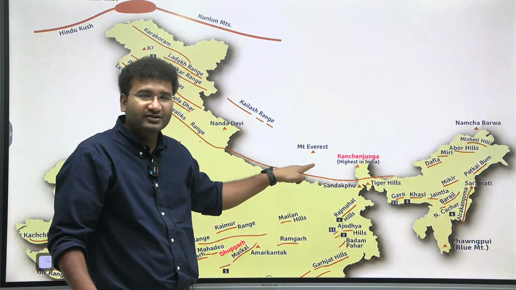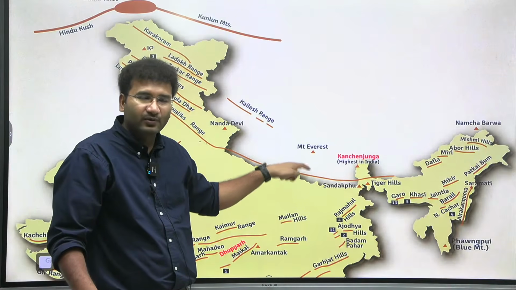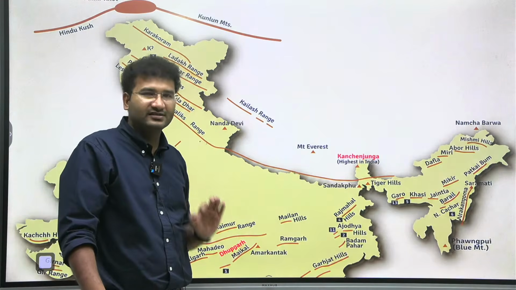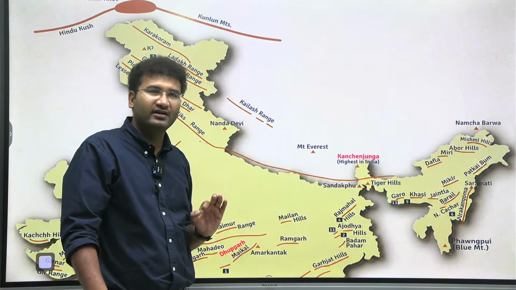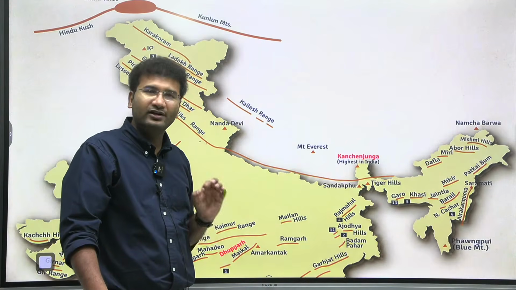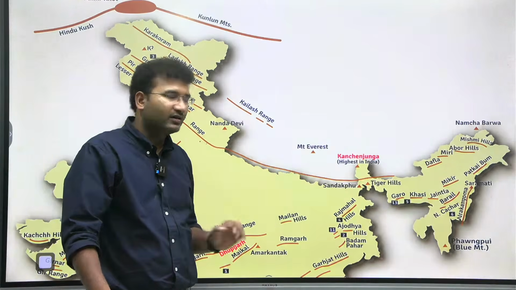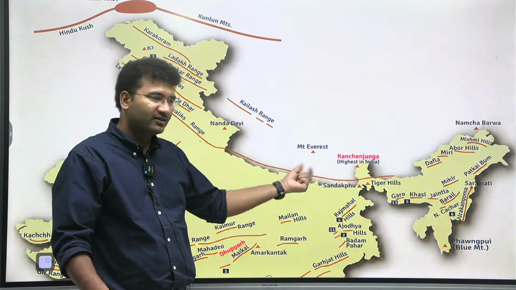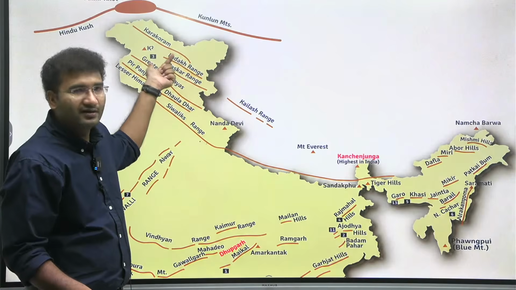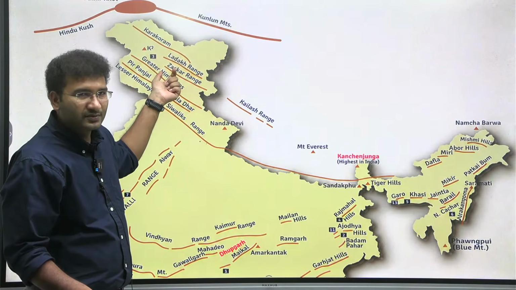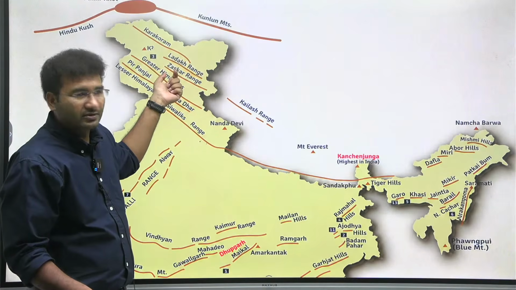Next to Mount Everest, you have Makalu. It is also in the center, 8,000 meters. There are 14 peaks across the globe which are more than 8,000 meters. Only 14 peaks have a height of more than 8,000, right? The majority of them are either in the central Himalayas or in K2, right? Gasherbrum is also, Manaslu is also, Makalu is also, like that.